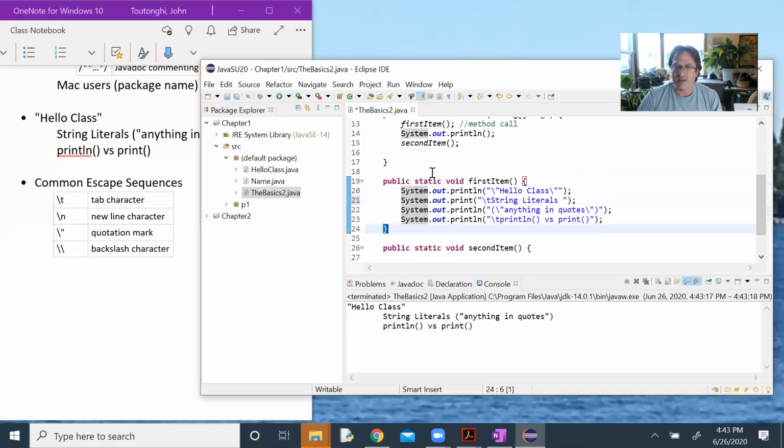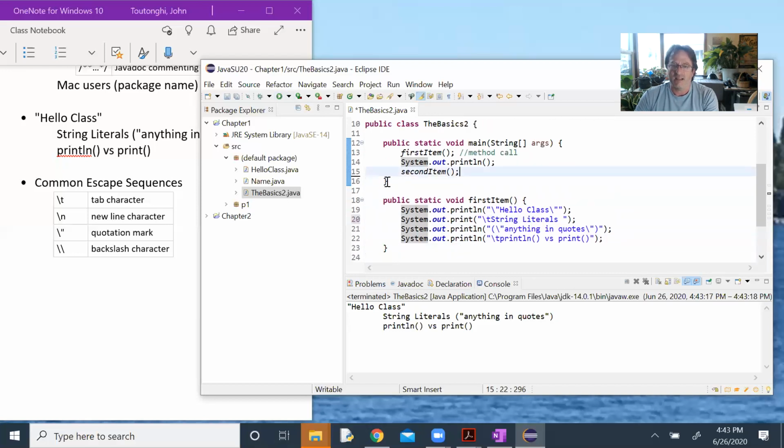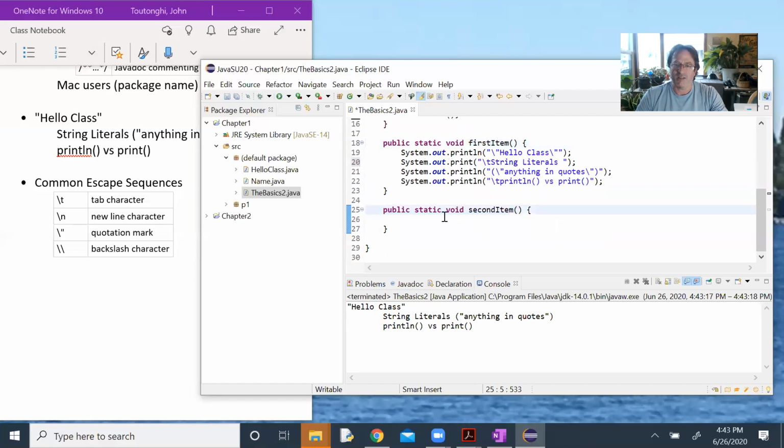The other thing is these functions are not inside of main. Main ends here, and these are at the same level as main. So here's where main's starting. Here's where first item is starting. Here's where second item is starting. Okay, so in second item,